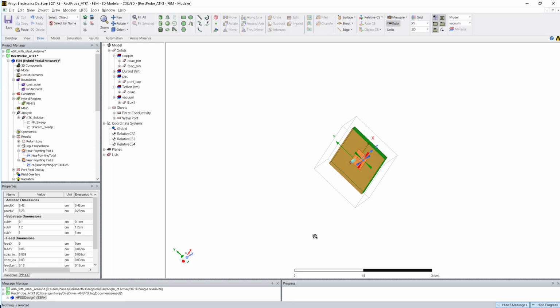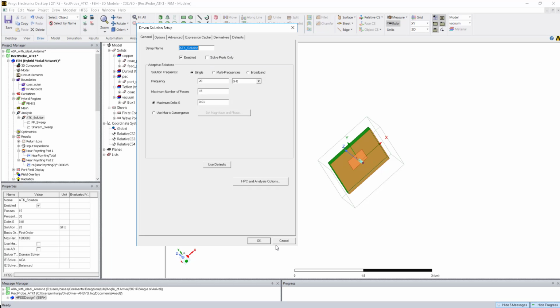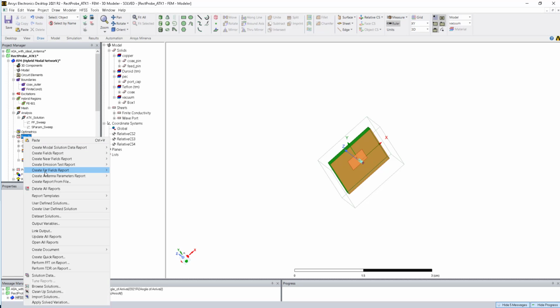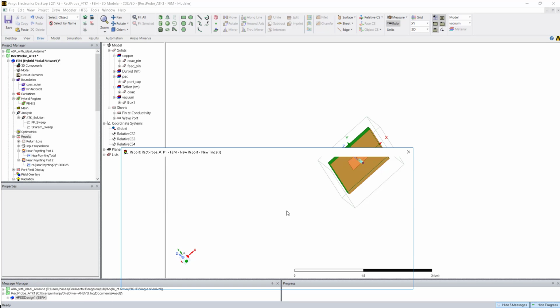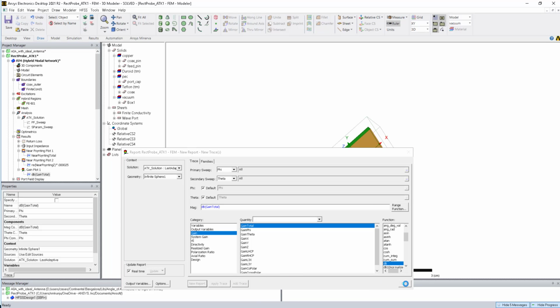First of all, let's see how this antenna is going to radiate. This is working at 28 gigahertz. So you can see over here, this is working at 28 gigahertz. And when you see the radiation pattern at that frequency, you will be able to see radiation is coming towards the top,